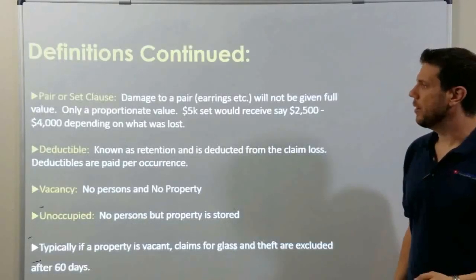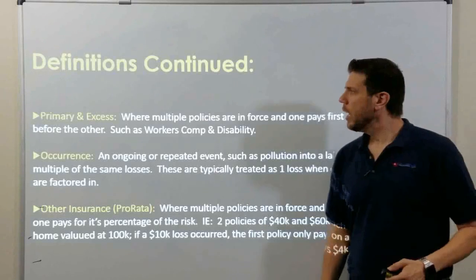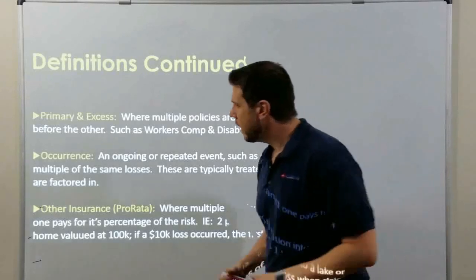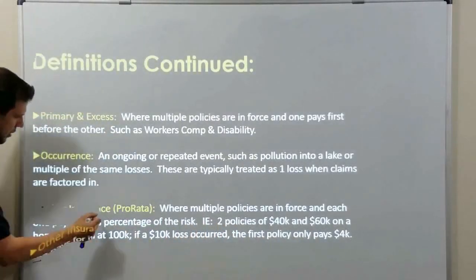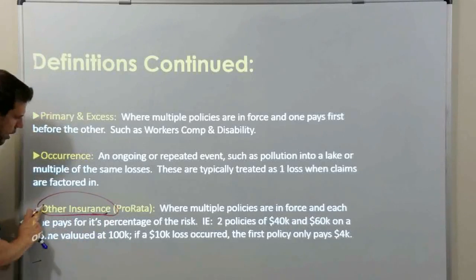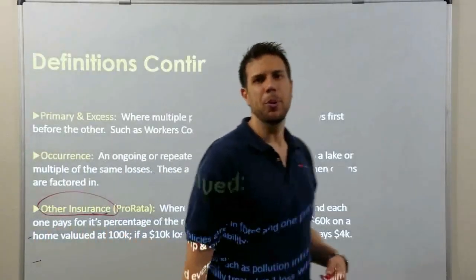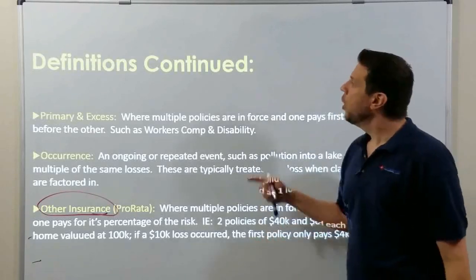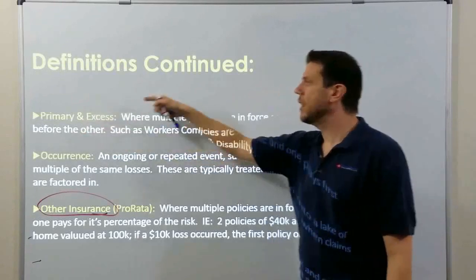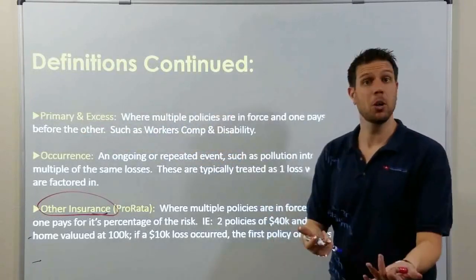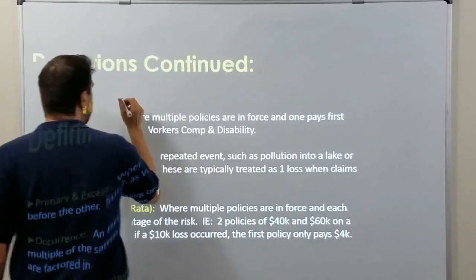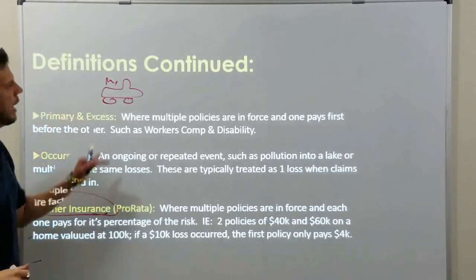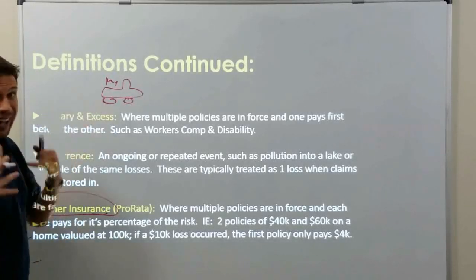Let's keep going along with the definitions, though. If you have multiple insurance policies, that's covered under something called the other insurance clause. So, for example, if you have 2 auto insurance policies, I don't know why, but let's say you do. One policy will pay primary, the other one will pay excess. I'll give you a real-world example. When you have auto insurance, the vehicle is insured, not the person.